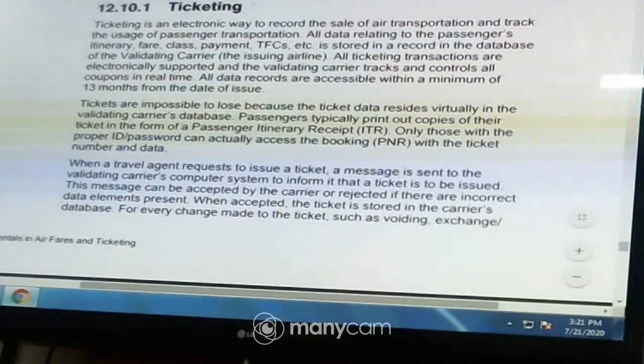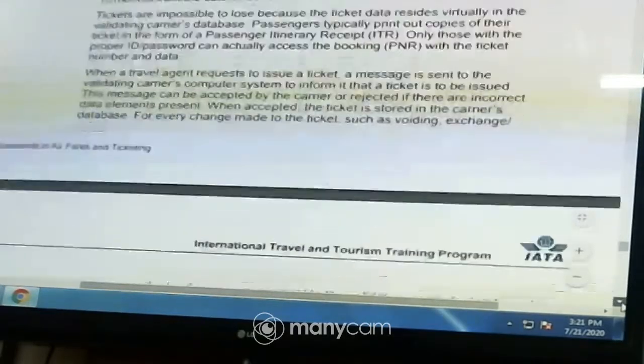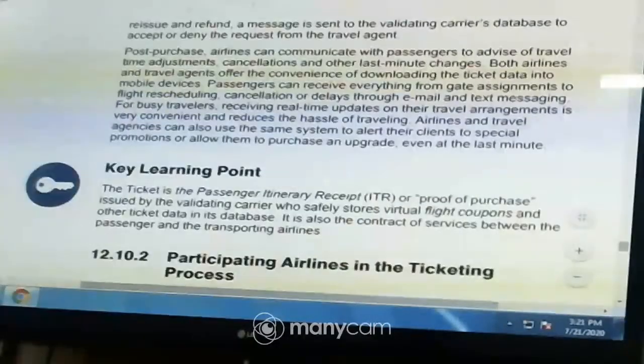Apart from that, let us look at the next. For reissues and refunds, a message is sent to the validating carrier. A client may want a refund, and before you refund, you send a message to the airline. If I say validating carrier, it means the issuing carrier, so that it can accept or deny it. Then you are supposed to purchase airlines and can communicate with the passengers to advise or to have a time